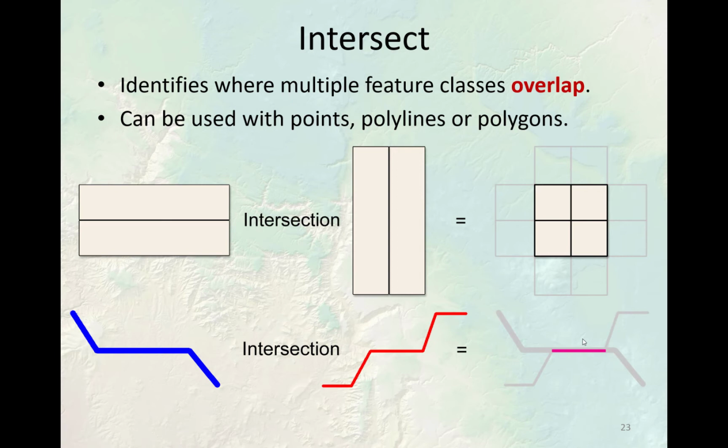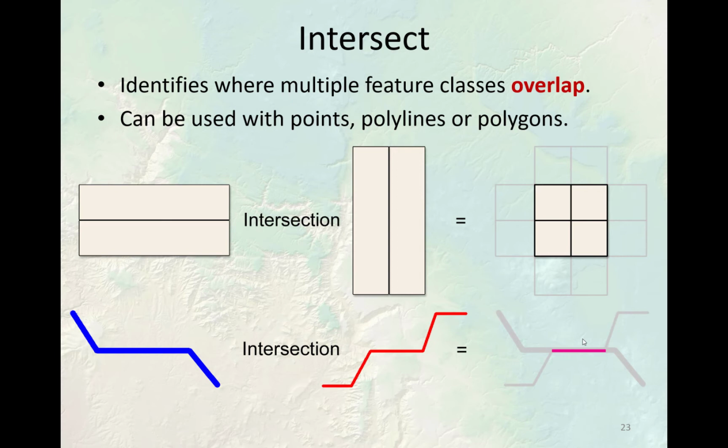Oh, and as we discuss these, a few of these here, I'm showing slides that show what happens to the geometric objects when you run the tool, but you should also be thinking about what happens to the attribute fields, attribute tables, and attribute values. When you run these tools, Intersect, for example, you give it a couple of feature classes to start with, you get a new feature class at the end. And the geometries look like they are visualized in this slide, but